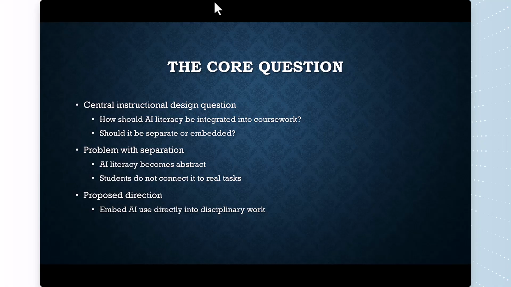So the proposed direction becomes embedding the AI directly into the disciplinary work, rather than having it separate where students may not connect directly to real tasks with it.